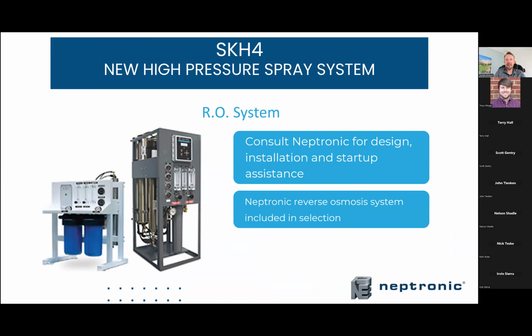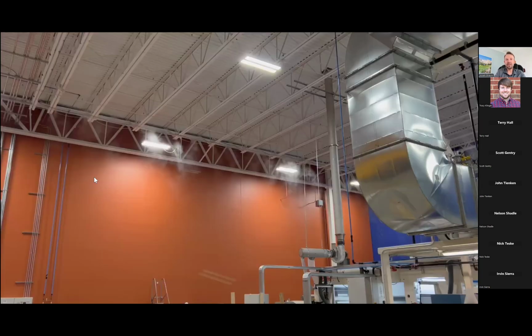If there's anything I wanted to add, I just have a picture. Let's see if this will play. So this is an example. It's hard to get a lot of pictures of these working inside air handlers, but inside space is not so bad. So this is a printing facility where we've installed high pressure spray, and to give you an idea of